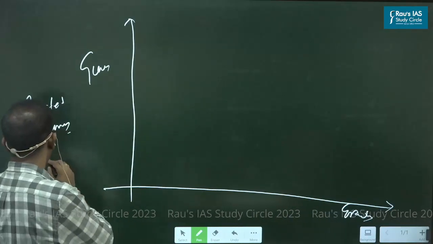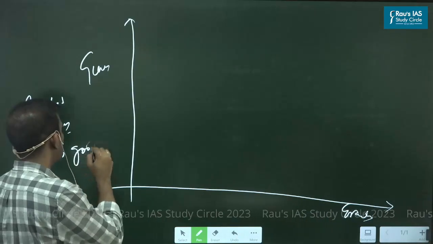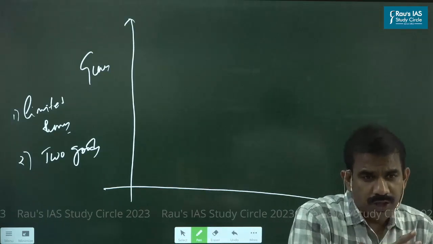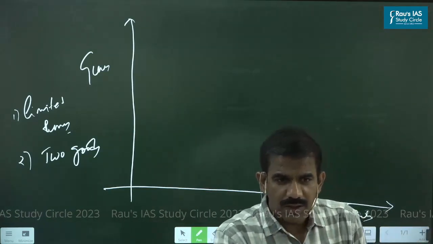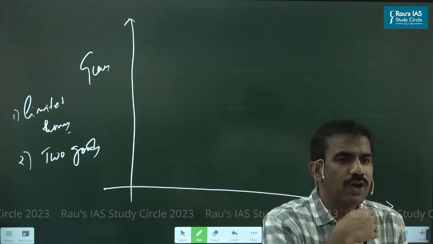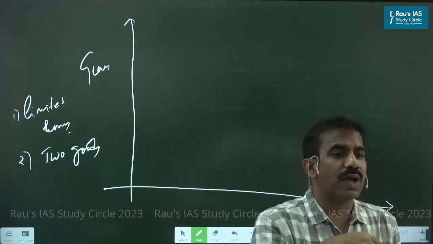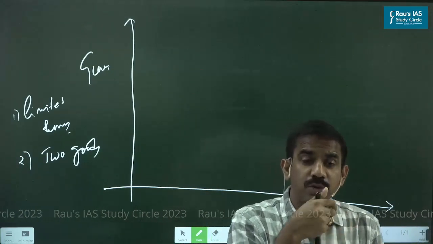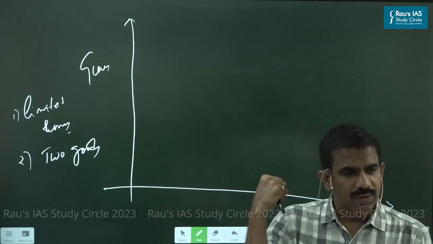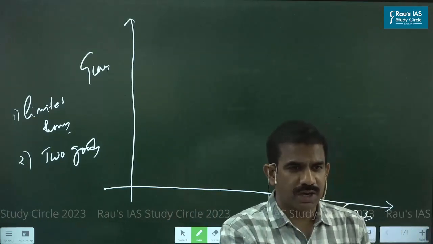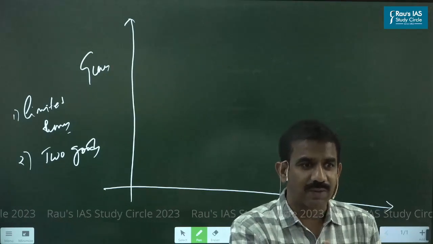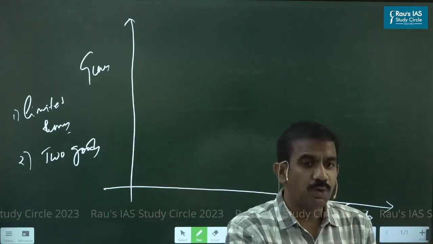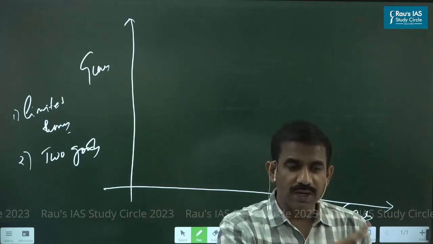Two goods, either guns or grains. Some people are good at producing guns, some people are good at cultivating grains. That's it. In no way could you put your resources to use to produce anything other than that. That's the second assumption I'm making. The reason I'm assuming this is to explain the concept. But that itself is a very silly assumption, right? A nation that could only produce two things is itself something worth laughing at. Am I right? But to make things simple, we just make an assumption. They could only produce two goods, either guns or grains.